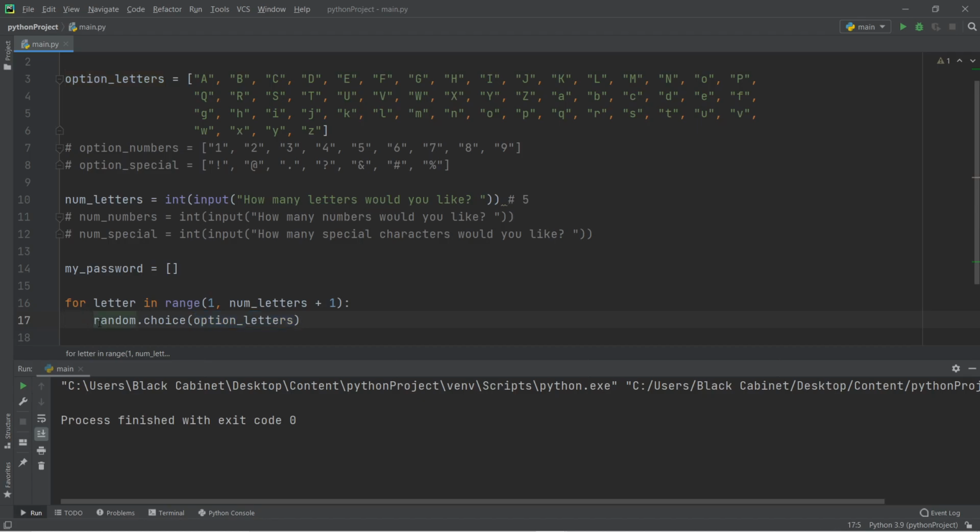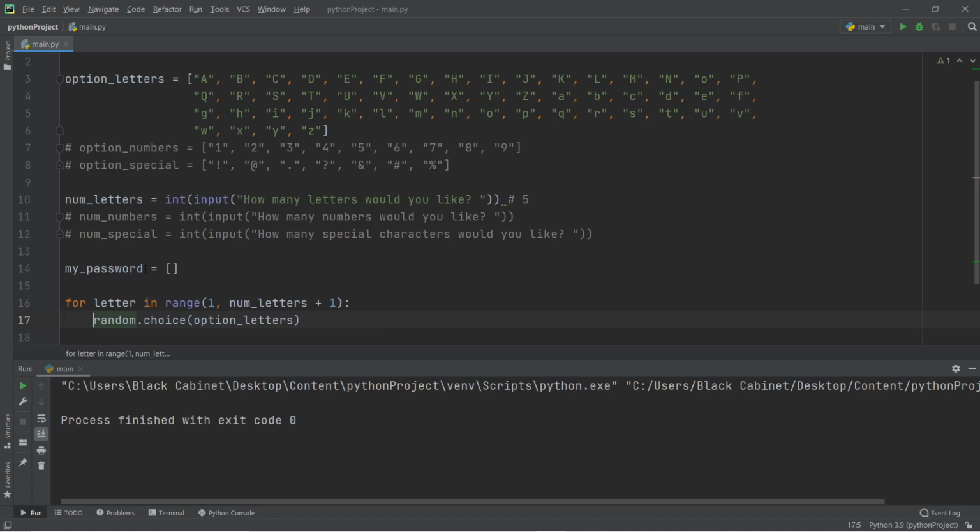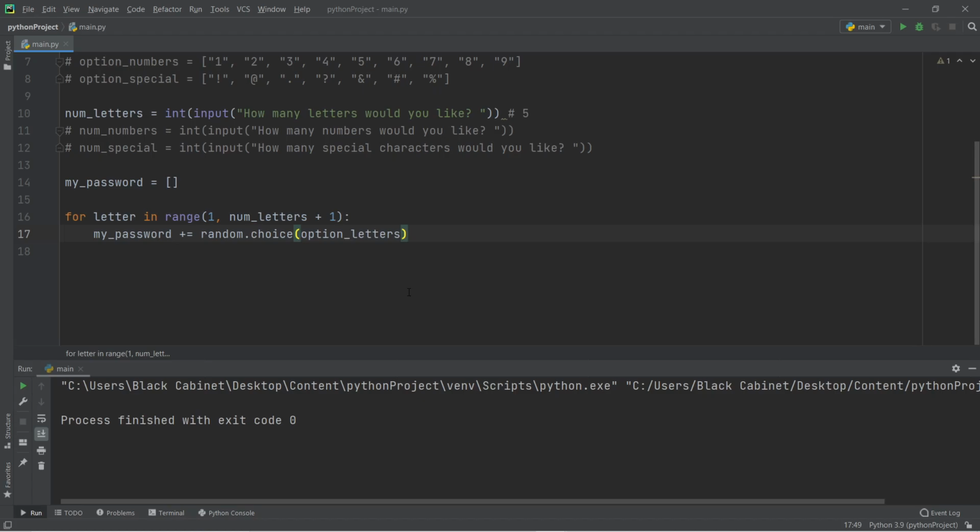So now what I want to do is store that in here. Once it's grabbed hold of them, it needs somewhere to store it. So I want it to add it into my password. What we can do is say my password, and we can say plus equals. That plus equals will tell Python that it wants to add into here. Now let's print